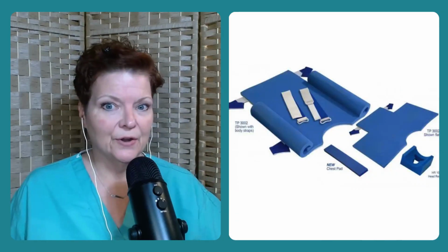Is there anything you'd like to add to that, Kelly, or anything I forgot about? I don't know the names of the Trendelenburg positioning packs either, but I've seen the pink pad system that we obviously use a lot with robotic cases. You're going to use that if the case is laparoscopic and the patient needs to go in a steep Trendelenburg. You want something that's going to hinder them from slipping and moving. I've seen a blue one that's like egg crate material,